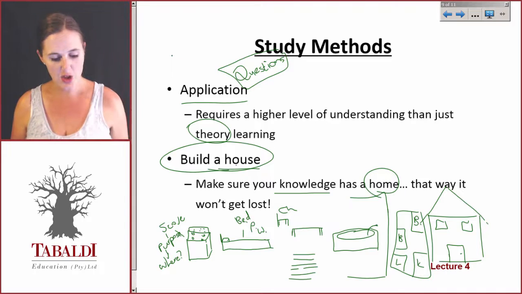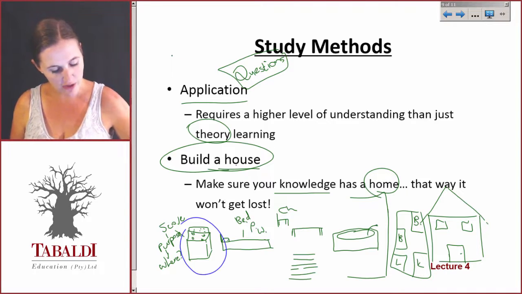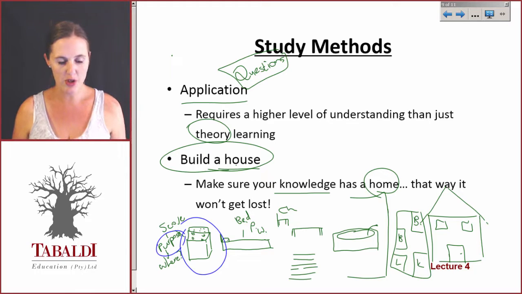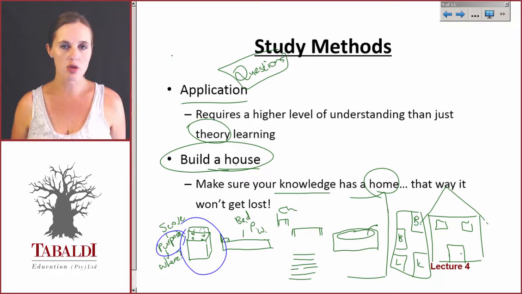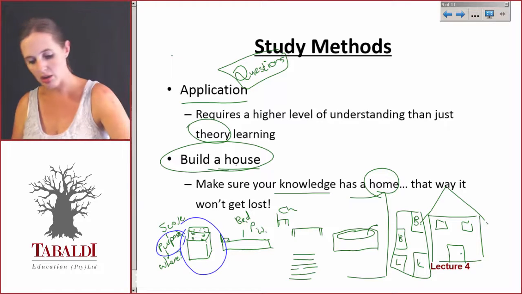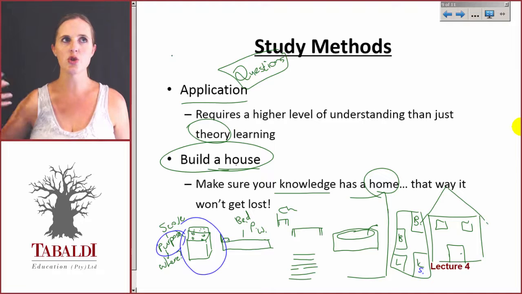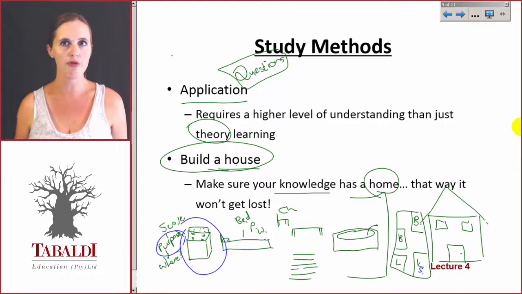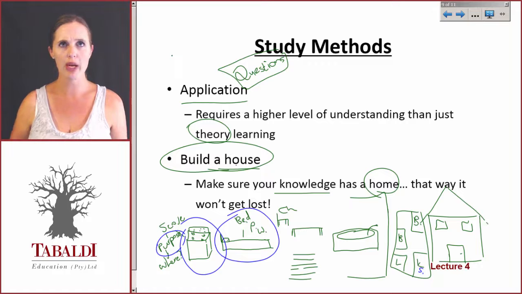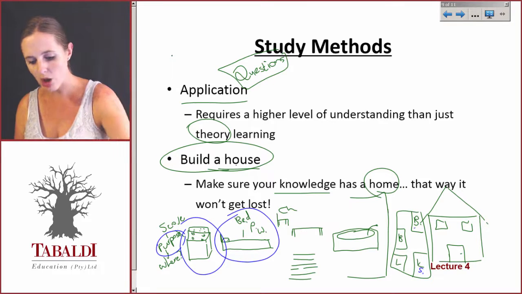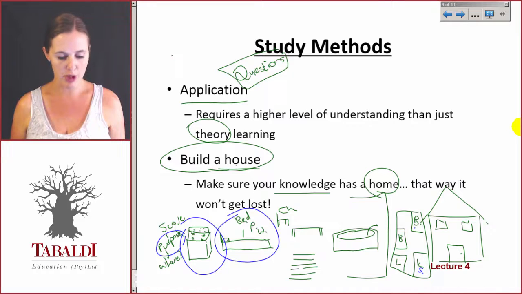When I then say to you, all right, here is a stove. This is what the purpose of the stove is. You will immediately understand, if a stove is going to do that, where would that go? Oh, hold on, that belongs in the kitchen. A stove is to heat food up and to cook food. What does that match? Oh, that matches the purpose of a kitchen, which is where food preparation takes place. When I say to you, this is a bed, you'll go, wait a minute, what is a bed for? It's for you to sleep, relax, lie down, whatever the case is. Hold on, that follows the purpose of a bedroom.